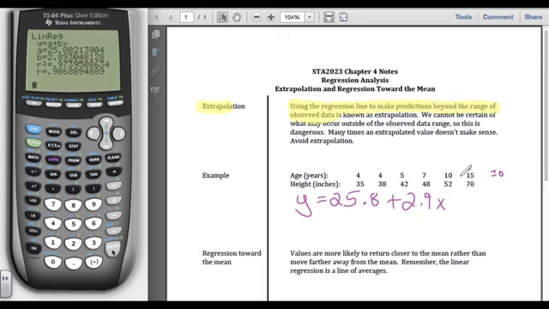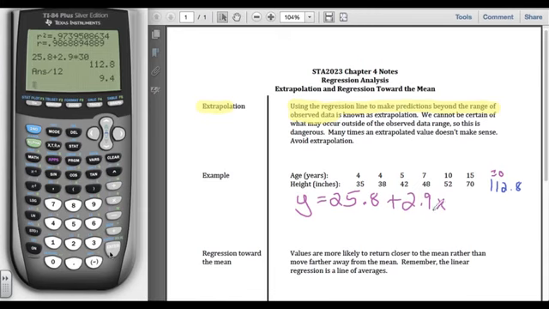So to make my prediction for a 30-year-old, I'm just going to plug 30 into my equation. I'll take 25.8, I'll add 2.9 times 30 in for the x, and that gives me 112.8. We would use this data and we would predict that a 30-year-old will be 112.8 inches tall. Well, if we put that in feet and inches, if we divide that by 12, we get